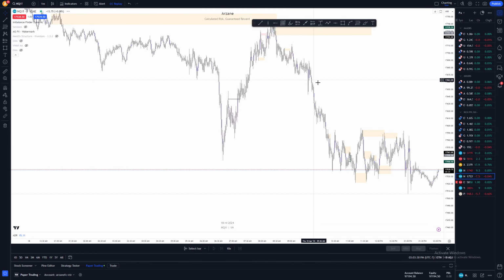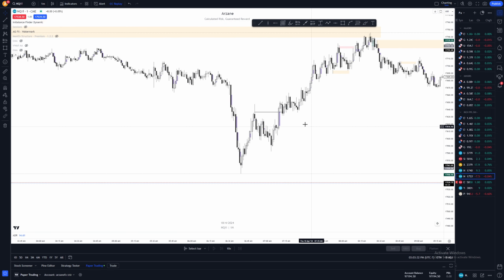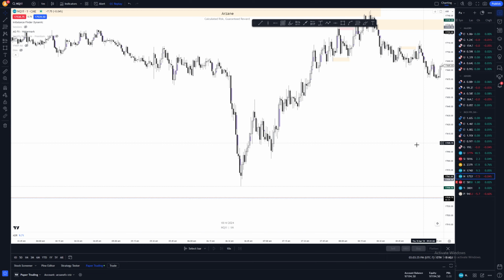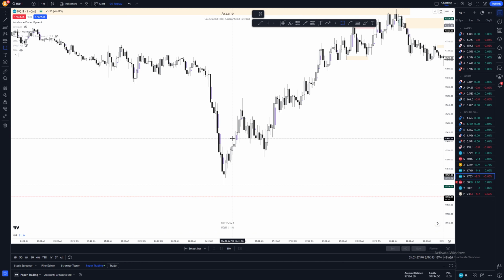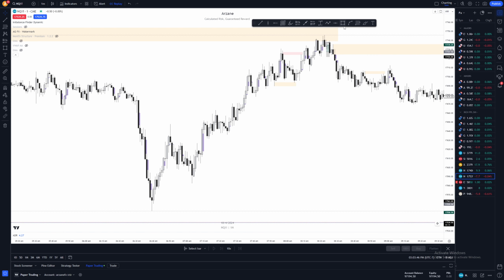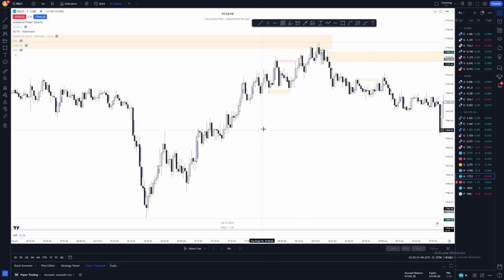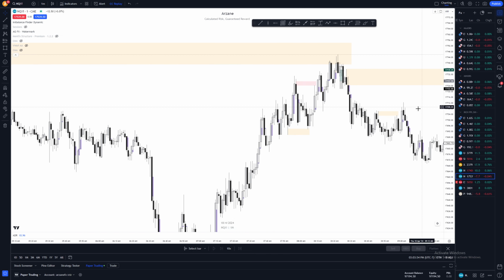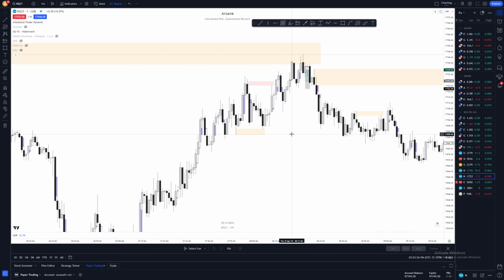And so we take a look at the 1 minute. I was looking for continuations, and I simply could not get any. Looking for a continuation here, did not take any trade. Looking for a continuation here, that never came back. Looking for a continuation right here, and never came back. And finally, I ended up taking a trade at this lower zone right here. And then I believe we can take a look at this one as well. All I know is I also took a short today as well,